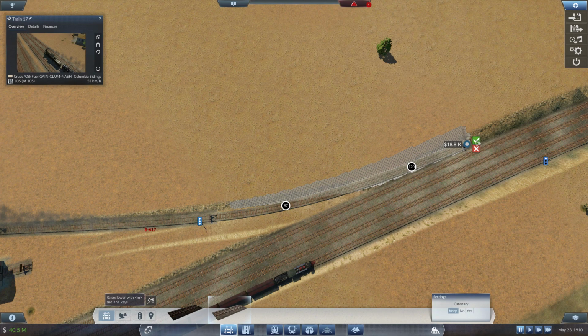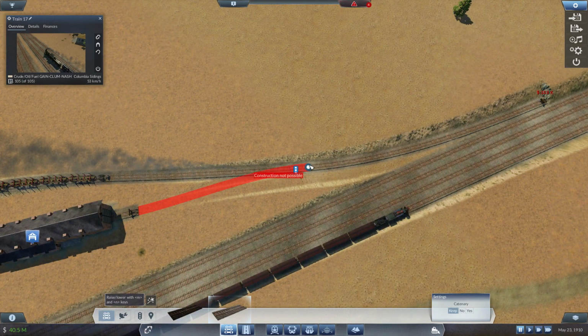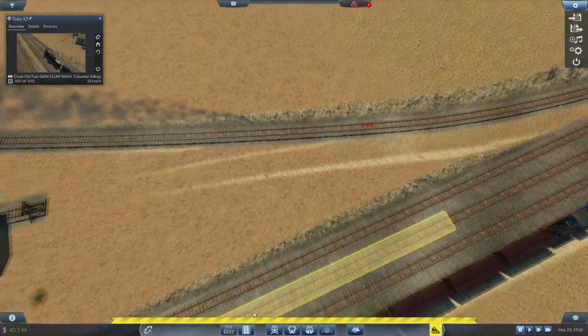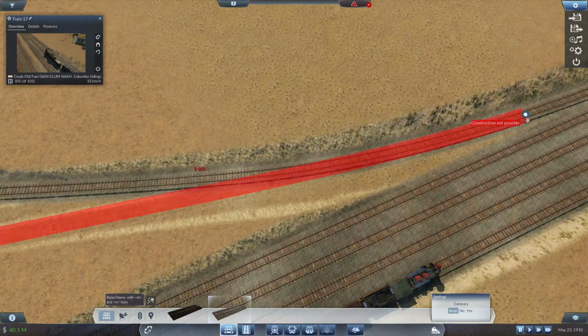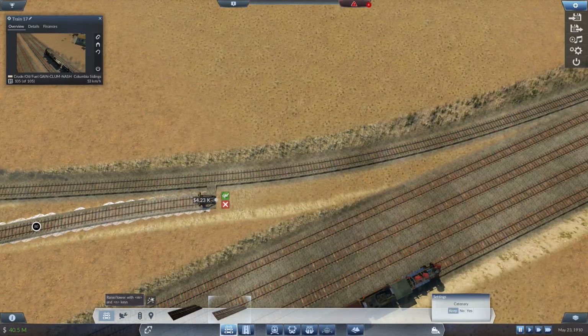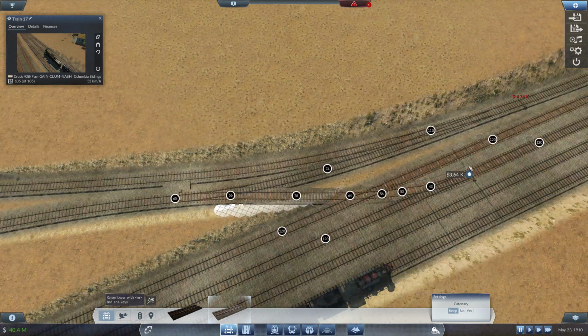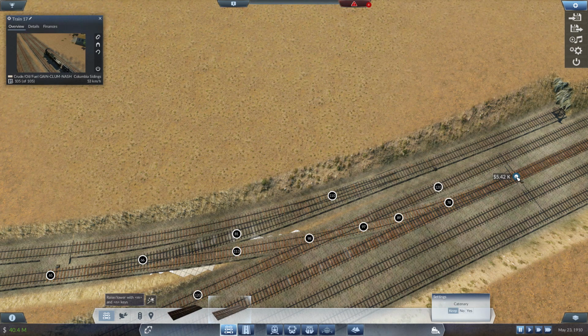And then we'll have the sawmill track come down like this. We'll have you... No, construction not possible because there is a signal on the way. We'll have you come down and connect up. No. Oh, you want to snap? Okay, well, I'll allow snapping. It's a snaptastic snapping. Do we want to bring you...